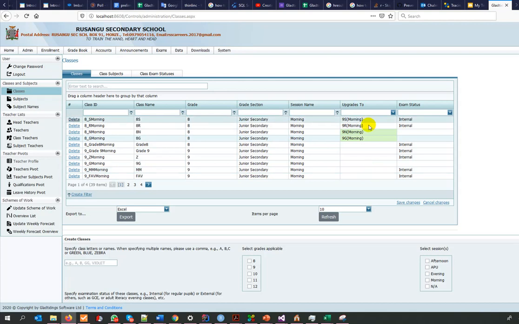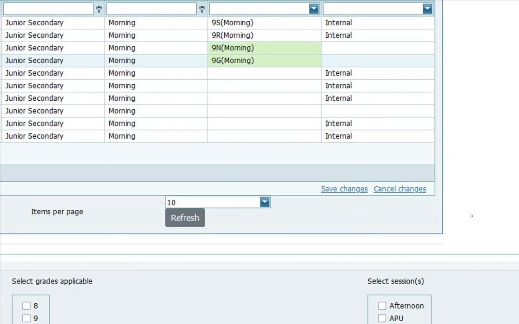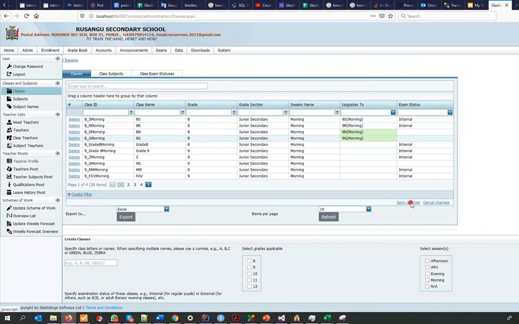And once you're done doing these selections, you click on this link here that says Save Changes. So I click on Save Changes, and that's it. You see that this changes from green to just a white background. Now once you're done with these upgrade rule settings, and please do this before you do the upgrade, then